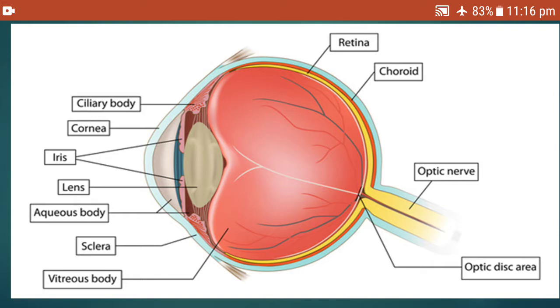It's not mentioned here, it is there in the PDF, you can learn from there. The region where the image is formed on the retina is called the best vision area or the fovea. And the region where the image is not formed is called the blind spot. It is there in the PDF diagram, kindly refer to that. And the nerve going from the eye to the brain is called the optic nerve.